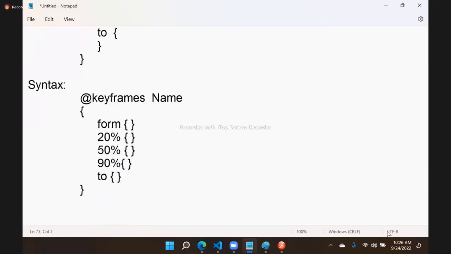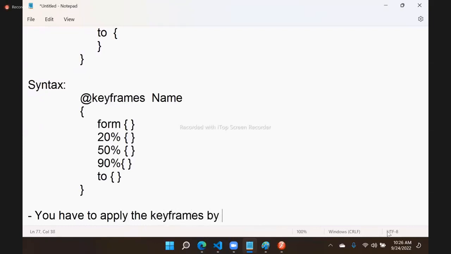That means in every stage how it should be. Size, color, changes, everything you can define. It will change accordingly. That is what keyframe is. And you have to apply the keyframes